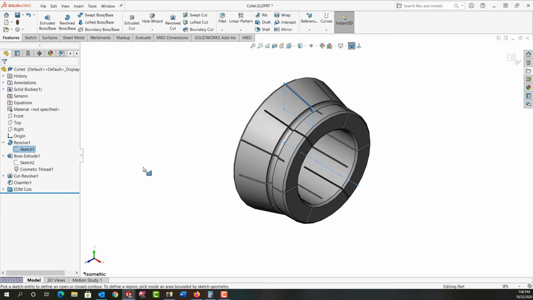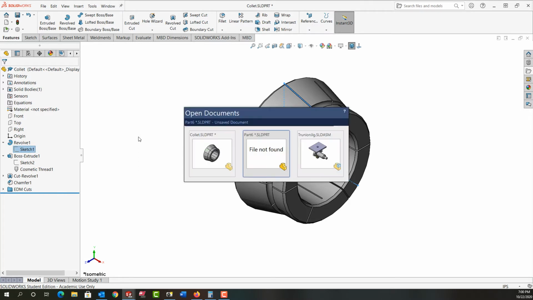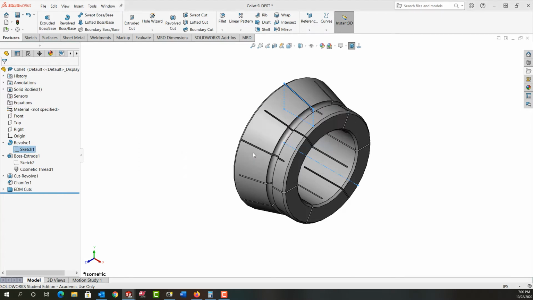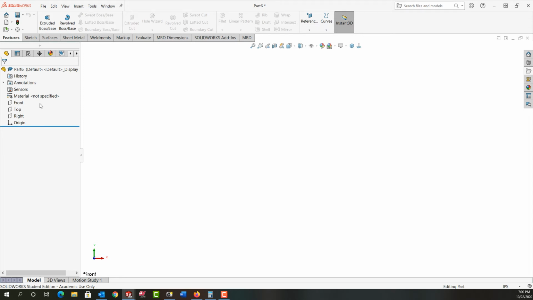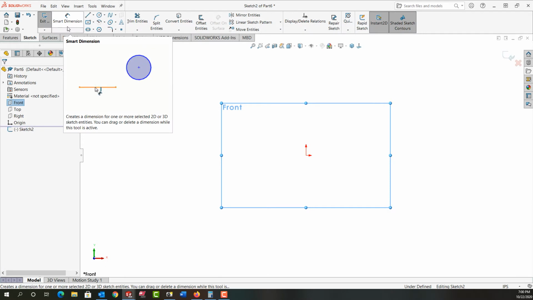So I'm going to push Control C on the keyboard to copy it. I'll come back and right click again and tell it to end. Then I'll Control Tab to my new document I have ready to go, and I want to make another revolved boss. I'm going to select the front plane, tell it I'm making a revolved boss, and Control V, paste